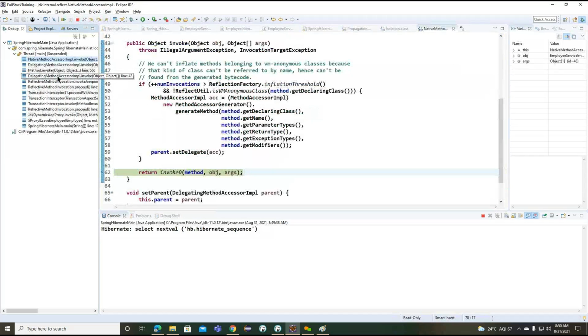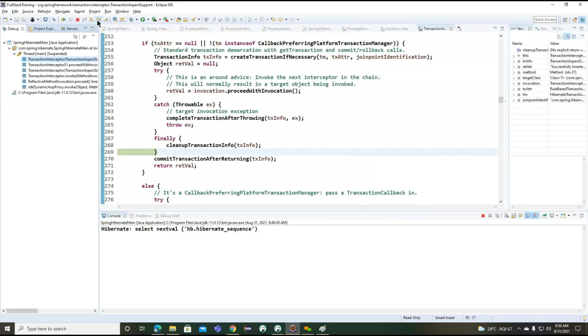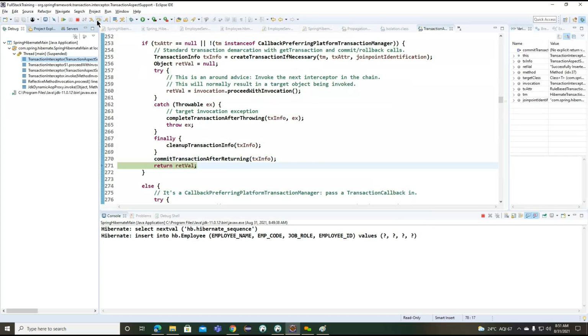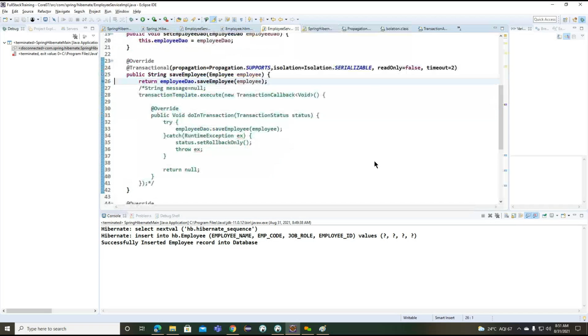What happened? Okay, the transaction is committed, sorry. So still the transaction is committed here. So instead of doing this, we'll try one more time.